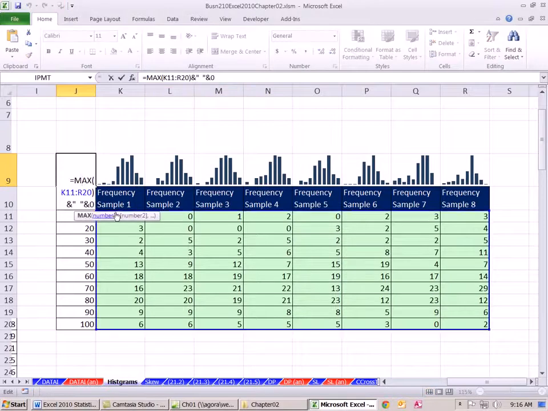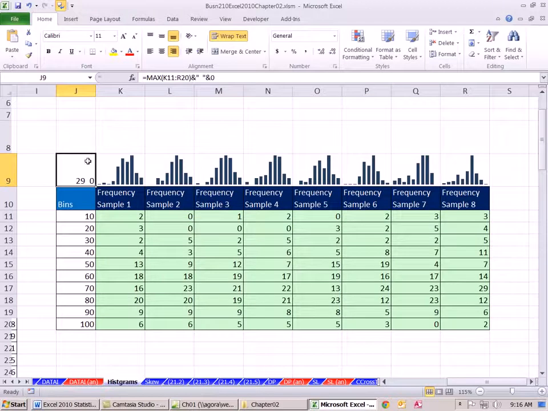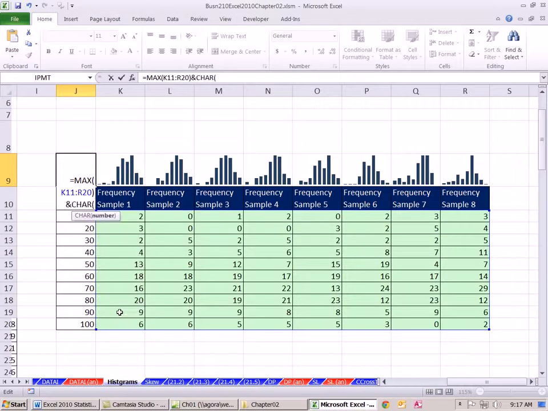Well, OK, we're going to do something pretty weird here. There is a character, and I'm just going to show you here. There is something we can put into this formula. There's something called the character function that will actually add an enter, right? Because what we want is the number up here and then enter, enter, 0. So there's something called the character function. And I'm actually going to just delete it. I have my max and then an ampersand. And I'm going to use the character function. And the character function with the number 10,